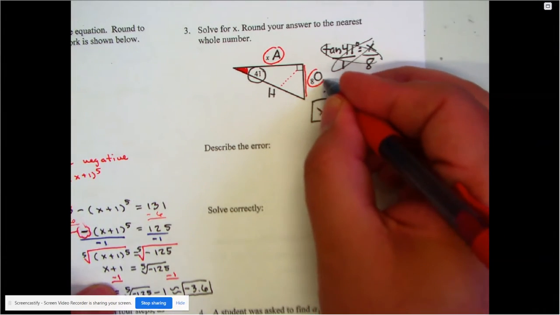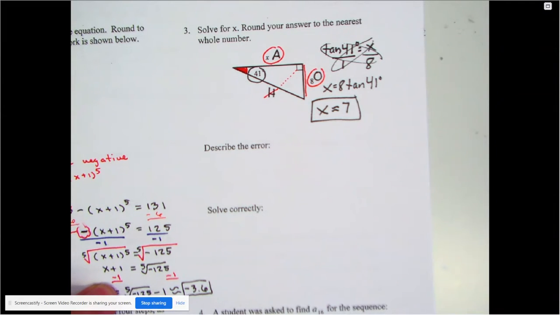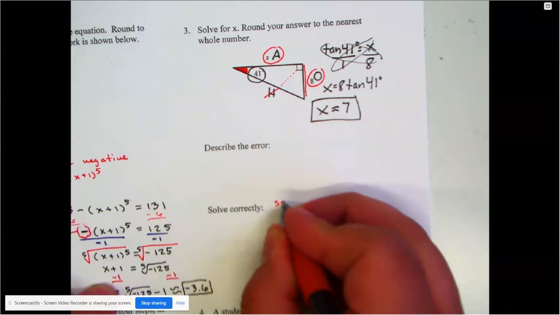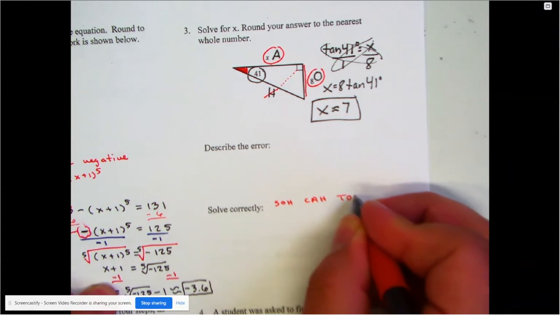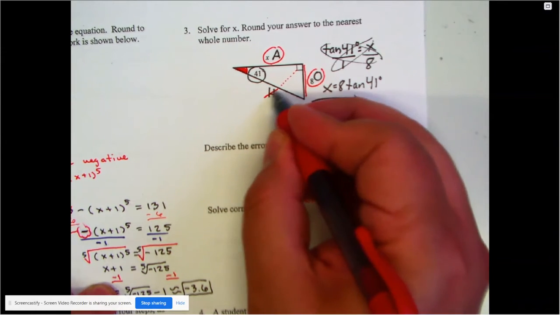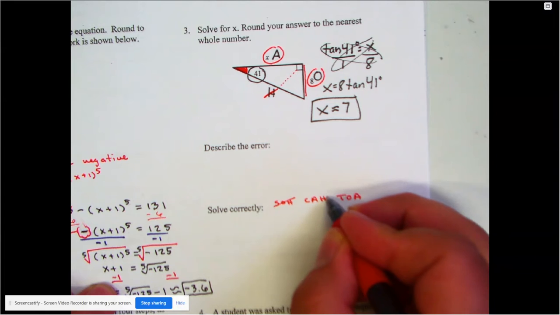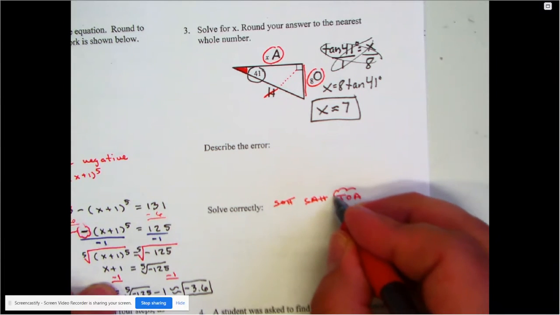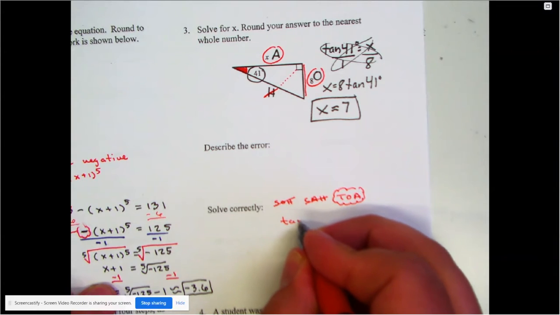This is the only value they gave me, so anything with an H should be gone. Well, that's where we look at our friend SOHCAHTOA to guide us, right? SOHCAHTOA. And when I look at this, we go, hey, anything with an H is gone. Here's an H, can't use that. Can't use that. TOA is part of the name, so tangent is the winning trig function, and that's exactly what